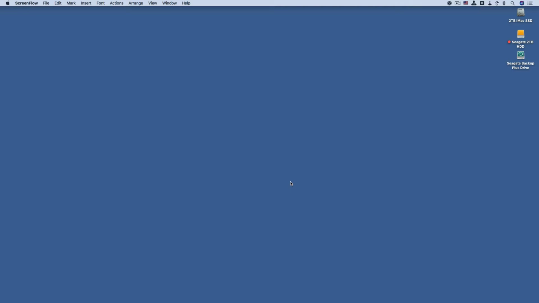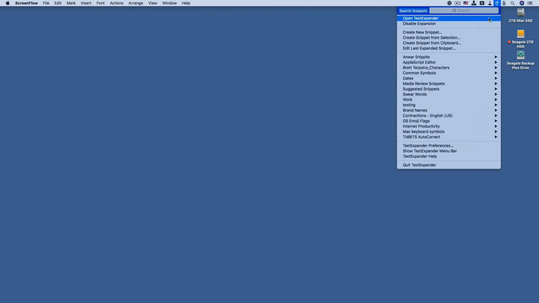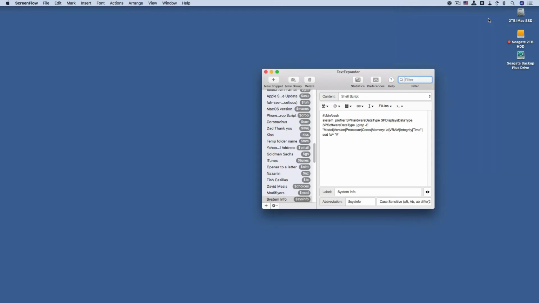This is a quick update on the TextExpander system info that I could not get to work via TextExpander on the last video. So this is a short video showing you what I missed in the last video that is now working. So we'll start TextExpander and look at the code. Okay, here it is. What I was missing in the